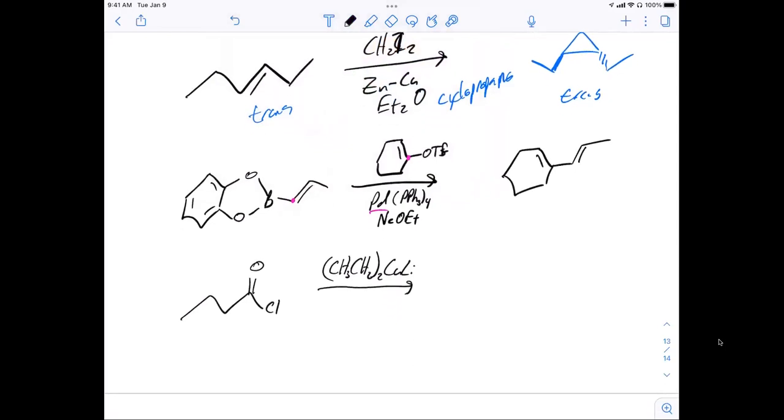This last one is a review, right? This is the Gilman reagent where we turn an acid chloride into a ketone. All right, so the quiz, just so you know, before you get into it,